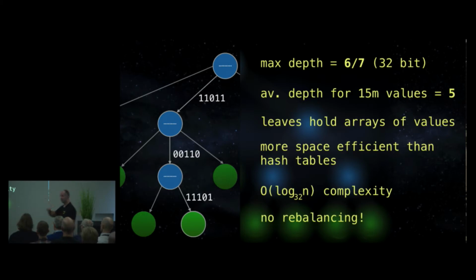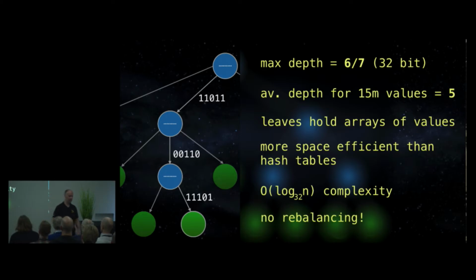And here's a bonus. We don't need to do any rebalancing like we did with the binary trees. The reason is because that distribution of our tree is going to be based on the distribution of the hash. Flip side is we do need a good hashing algorithm. If the hash is not very well distributed, then our tree won't be either. And we'll see an example of where that goes wrong in a while as well.